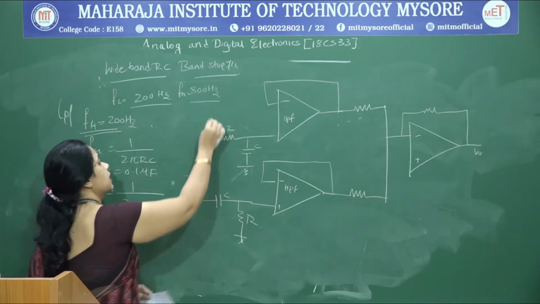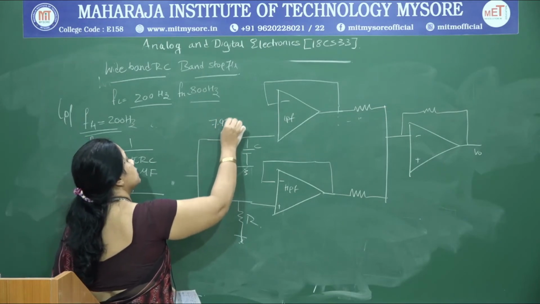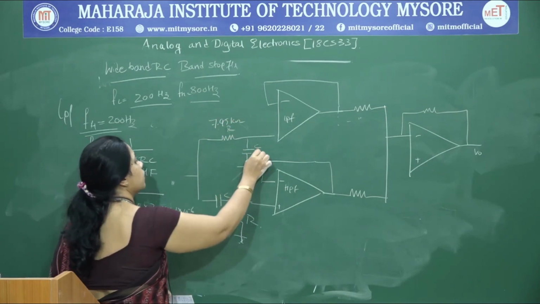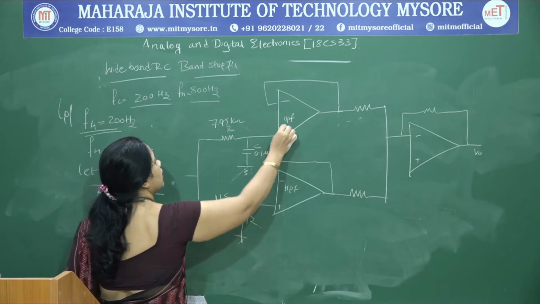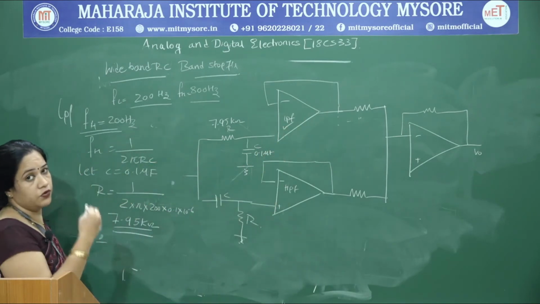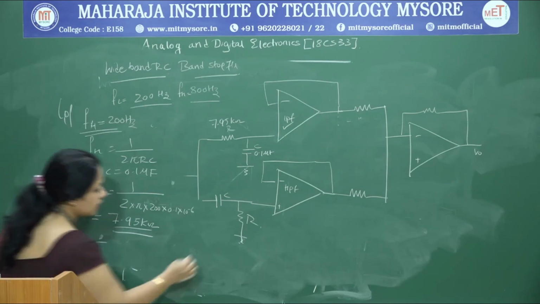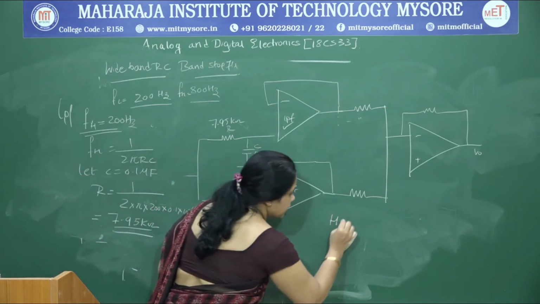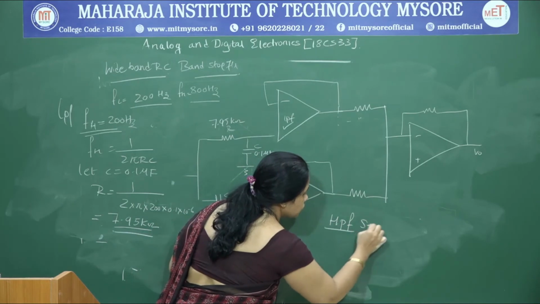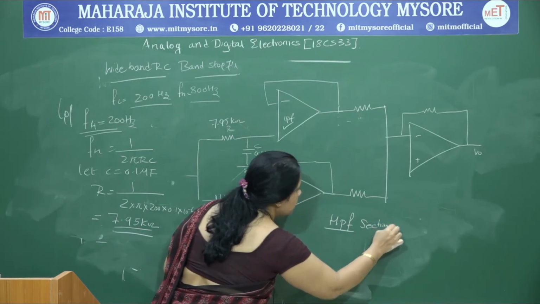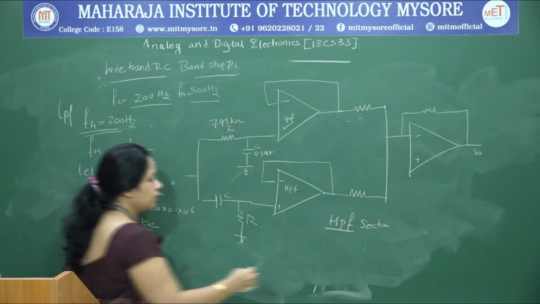You can use the nearest standard resistance, 7.95, and this is 0.1 microfarad. We are done with the low pass filter section of your band stop filter. Now I need to design the high pass filter section of your band stop filter, and this is for a cutoff frequency of